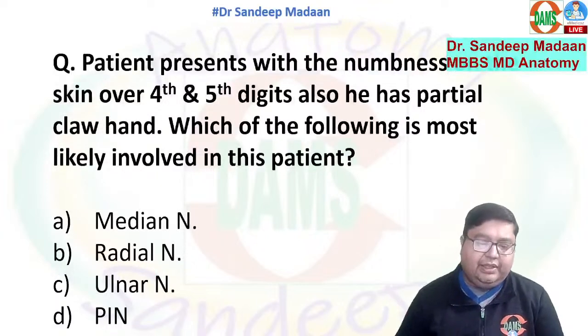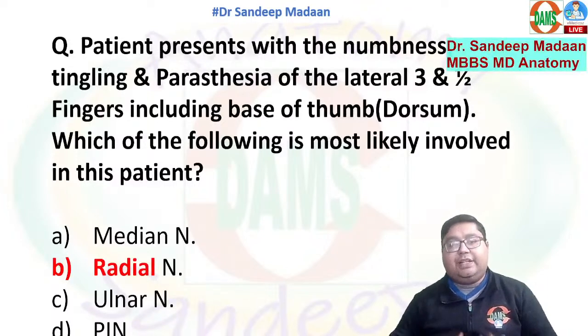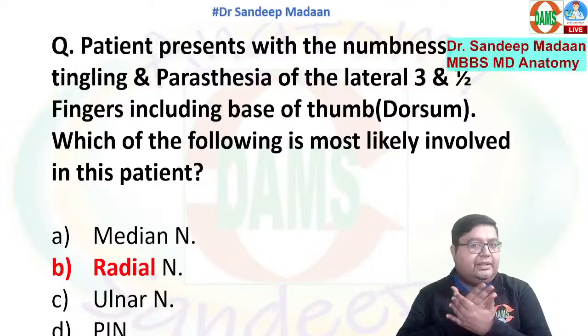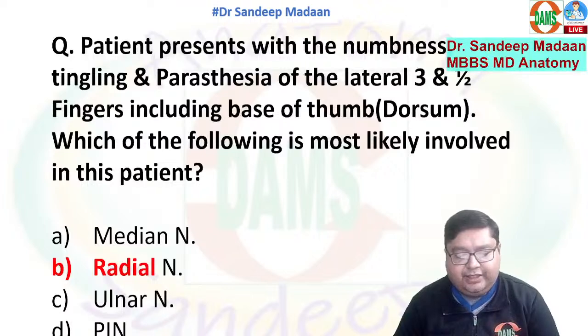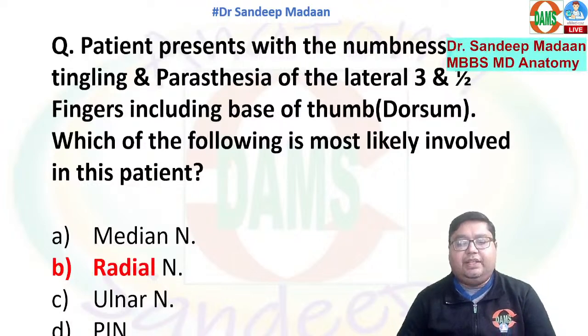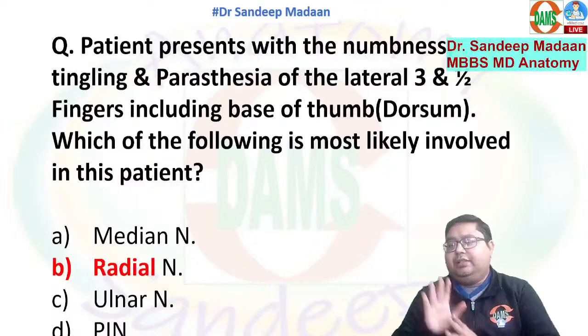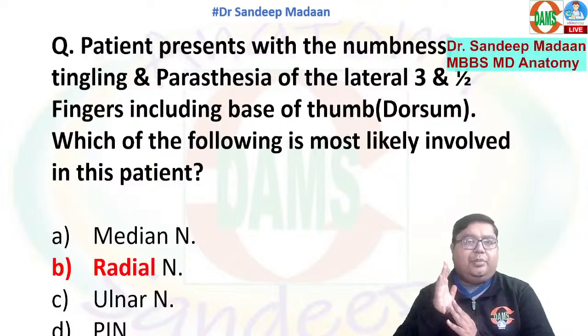But what my belief is, it should not be the dorsum, because now the dorsum has actually changed. Earlier, palmar aspect and dorsal aspect had 3.5, 3.5. So it looks to me that if I have to take a call here, I will say that the language should be lateral 3.5 fingers, including base of the thumb. Then we will consider the palmar aspect, and that's a clear-cut case of carpal tunnel syndrome, which is a very